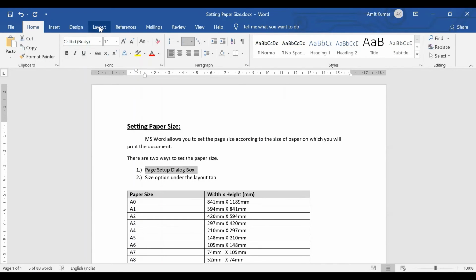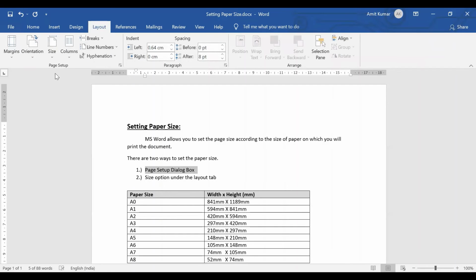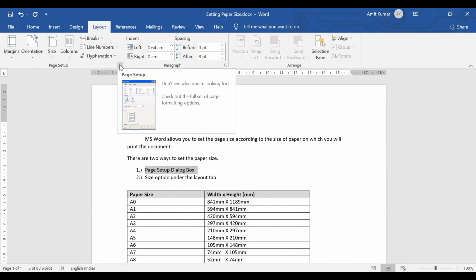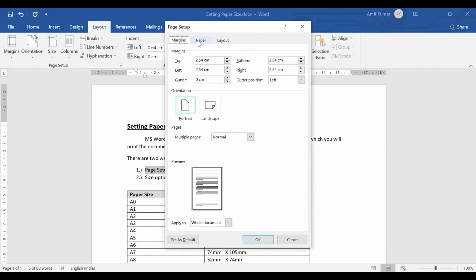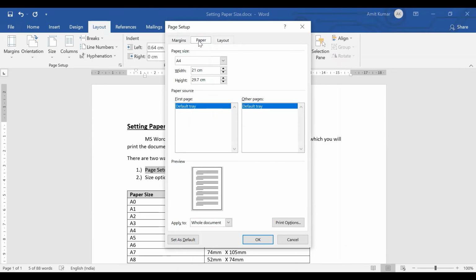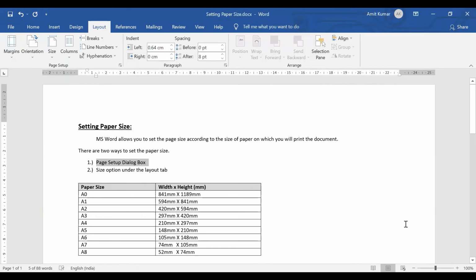So you go to the layout tab, click on the page setup dialog box. Once you click on this, you will get a page setup dialog box. There are three tabs here: margins, paper, and layout. Go to the paper tab. You can select the paper size from this drop down option. There are various options available. You can also define your width and height as per your requirement. For example, if I select this as tabloid and click on OK,